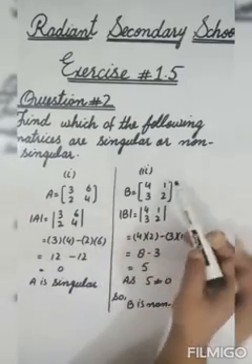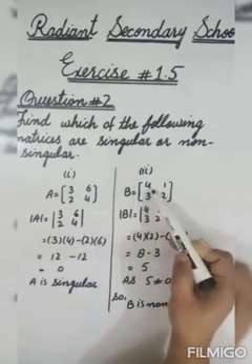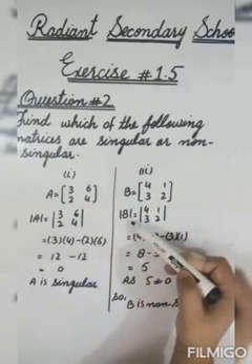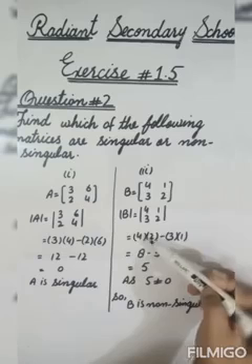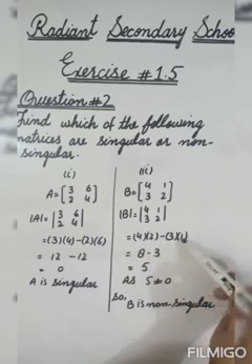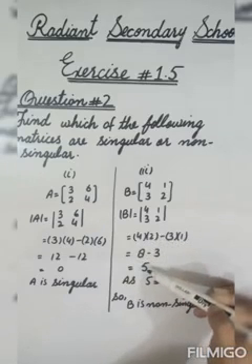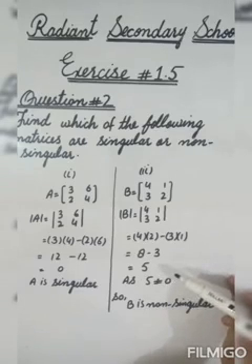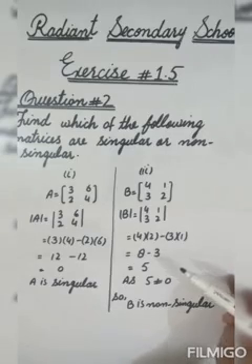Now move on to part number 2. Here B is equal to 4 3 1 2, and by taking the determinant of B, which is equal to 4 twos are 8 minus 3 ones are 3, and the answer is 5. As 5 is not equal to 0, the matrix B is non-singular. Students, I am just taking parts 1 and 2. The rest of the parts are also the same. If you have any confusion in these two parts, you can check it from your PDF.